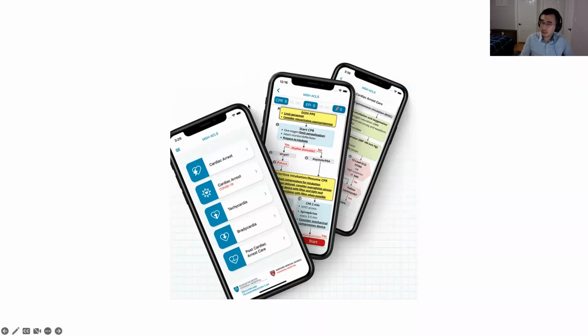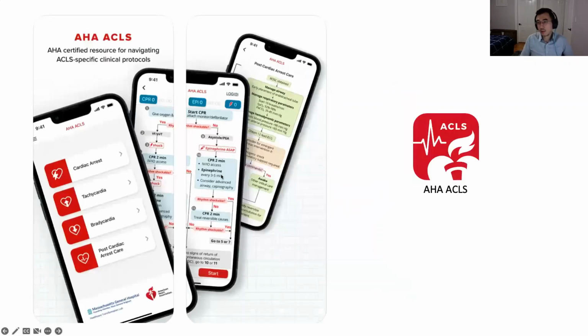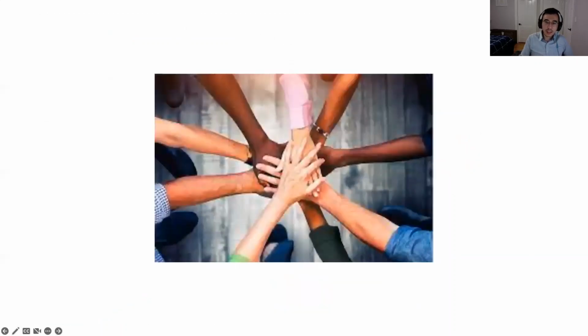And this got a lot of positive feedback. We started to get a lot of users saying it really impacted the care that they were able to give to their patients. And this found enough success that the AHA stepped in and actually co-branded it. Now it's distributed as part of all of their courses, which they give to pretty much every person practicing in a hospital on a regular basis. And what I want to emphasize here is that in academia, data goes a long way, and having a prototype you're able to show people goes a long way.